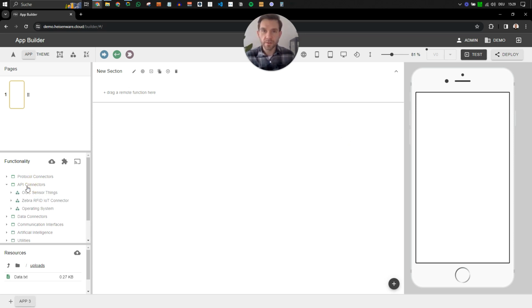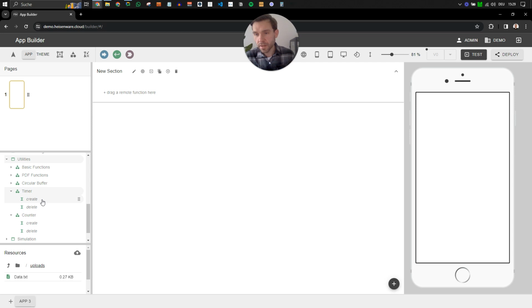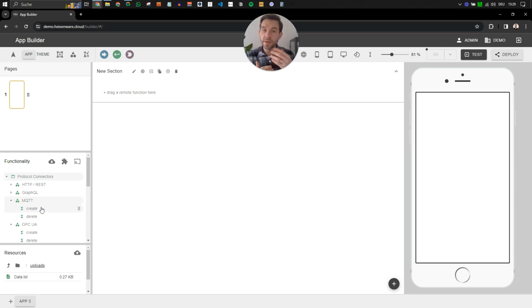First of all, there are so-called classes within object-oriented programming or in Heisenware. For example, there's a class called MQTT connector or OPCUA connector, but there's also classes called timer or counter. And you recognize those classes because they always have a create and a delete function. With the create function, you can basically create or construct an object or specific instance of that class that you can do